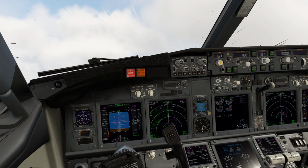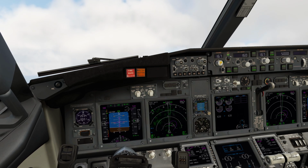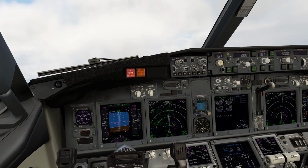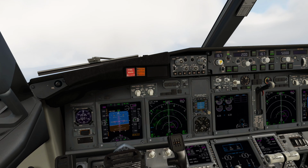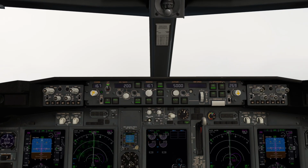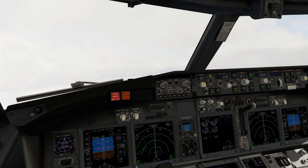LNAV. Go for 200 knots. Above 4,000 altimeters. We didn't actually check if that was the case, but transalt is indeed 4, so there we go. We transition through and flaps 1. We'll go for 220. Flaps up,